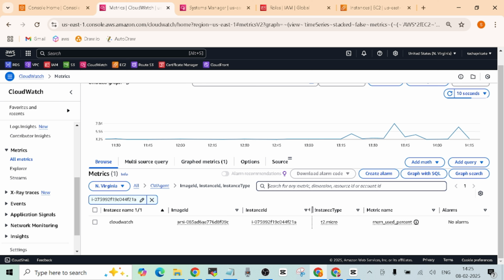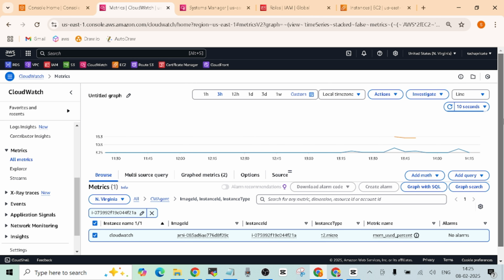Yeah, this is from the same instance. Sorry, I think I missed it. So as you can see here, after I configured my CloudWatch agent, I'm able to see this memory use percent also for my instance. So here, this particular metric is coming from the CloudWatch agent. As you can see, it is created in the CloudWatch agent namespace only after I configured it. Okay, so if I choose it from here like this,